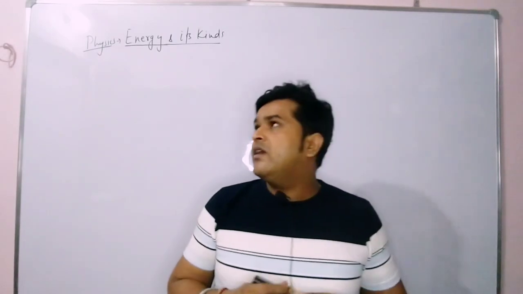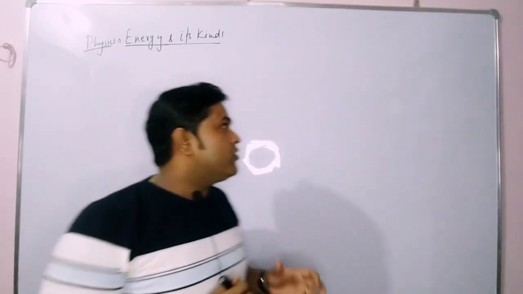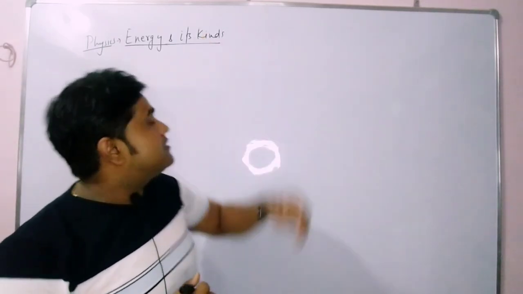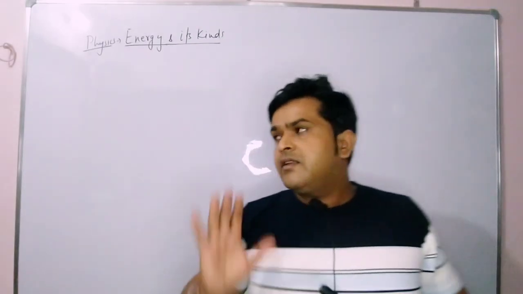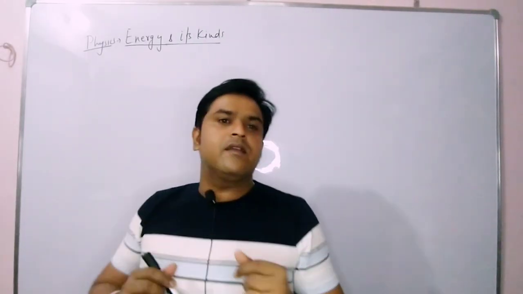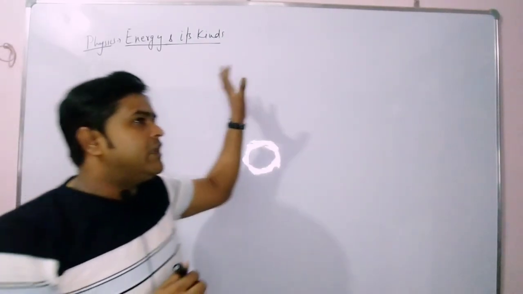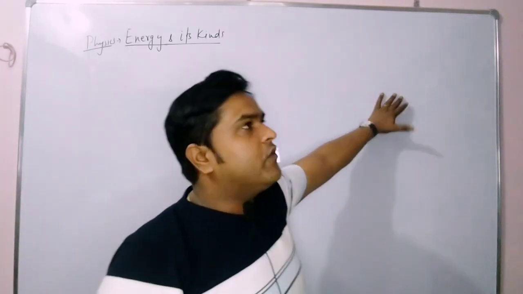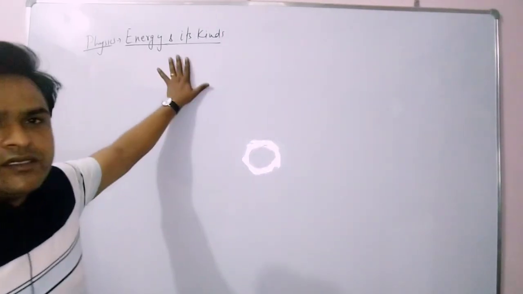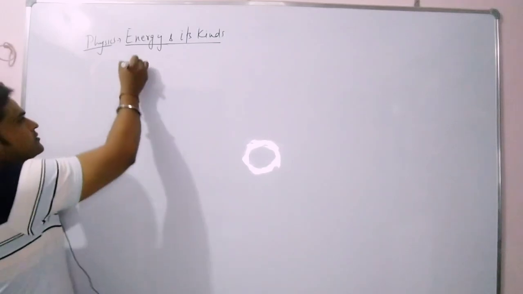So students, today we are going to start with a topic from physics, energy and its kinds. As we have started this topic already, हम लोगों ने work start कर दिया था. So the topic which was left, we are going to just cover it. So for today we are going to start with energy. ठीक है, सबसे पहले हम लोग energy के बारे में discuss करेंगे.